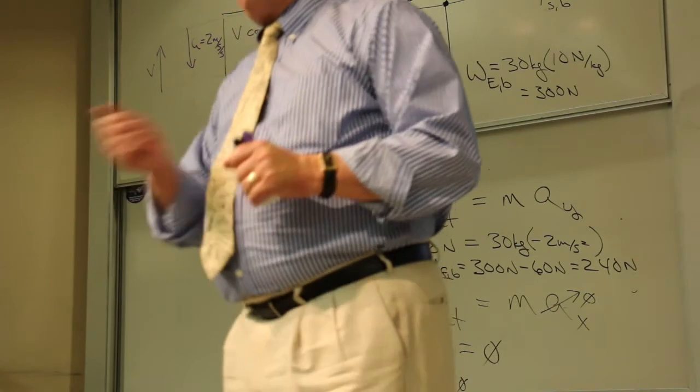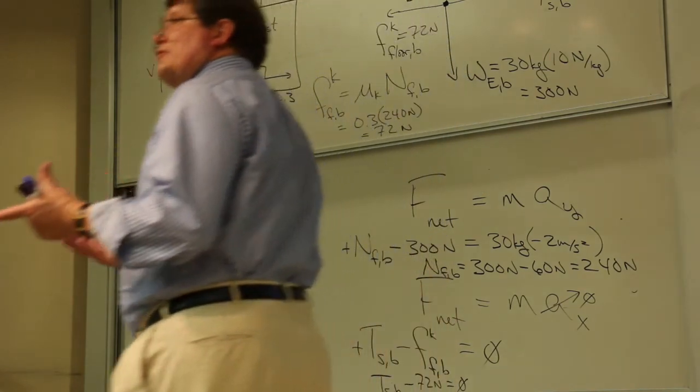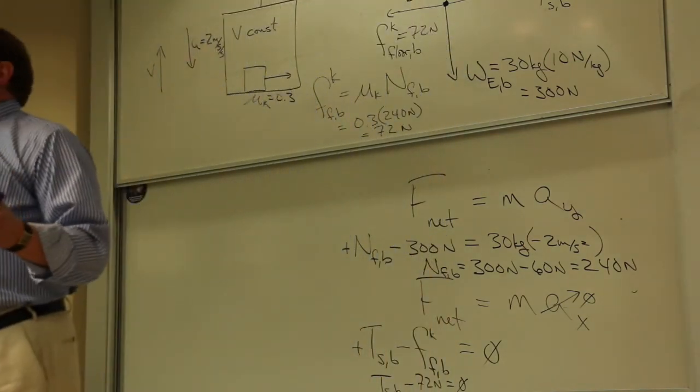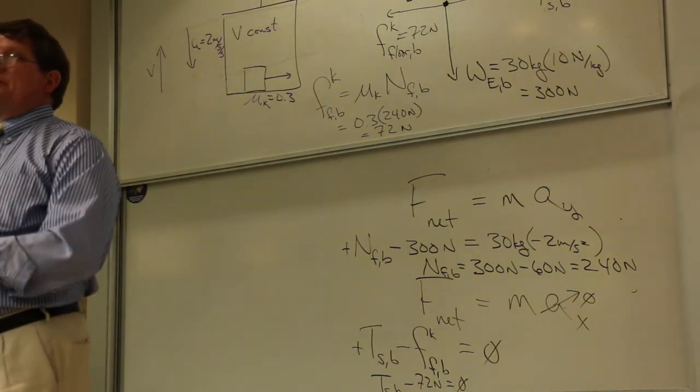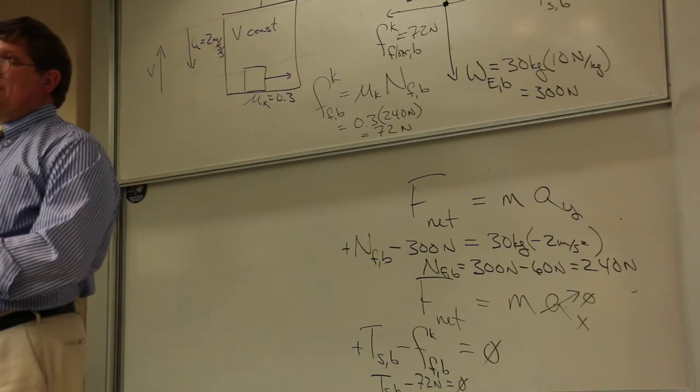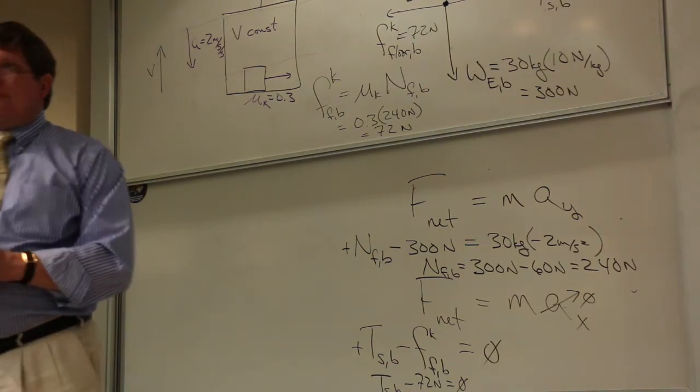Now I'd have to pull it harder than 72 newtons to get it up to speed, whatever that speed was. But once I got it up to speed and I wanted to keep it at that speed, I'd pull with exactly 72 newtons. Okay? Check that your neighbors on the bus, that they could do a problem like this on